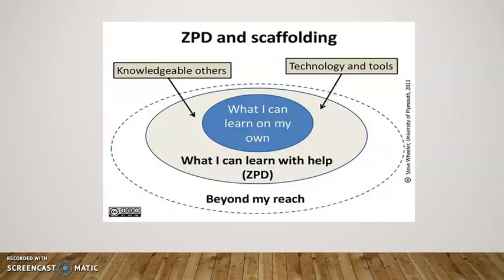If we look at Vygotsky's zone of proximal development and his theory around this, he said that children who are in the center, they will want to develop a new task, and this task is beyond their reach. What they can do then is depend on knowledgeable others. So who are these knowledgeable others? They could be teachers, they could be parents, and they could be peers. And in today's world, they could also be technology and tools such as laptops or the internet or whatever the case is. So this area here, or these knowledgeable others, helps them to reach the area beyond their control.